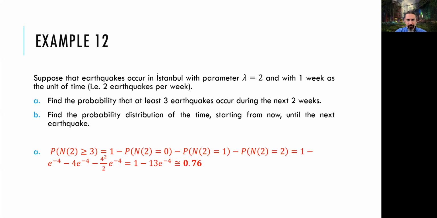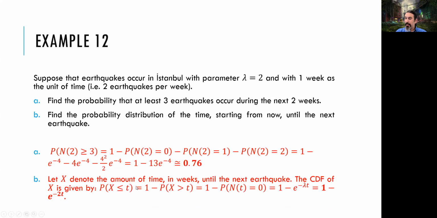Now, this x, we are looking for the CDF of this x. The cumulative distribution function means, as you remember, having an upper limit for that x value. So I'm just going to write it like this. Let me just show you. This is what we are looking for. The cumulative distribution of x: x smaller than, sorry, less than or equal to t. Now, to find this one, we can use its complement: 1 minus the probability that x is greater than t.